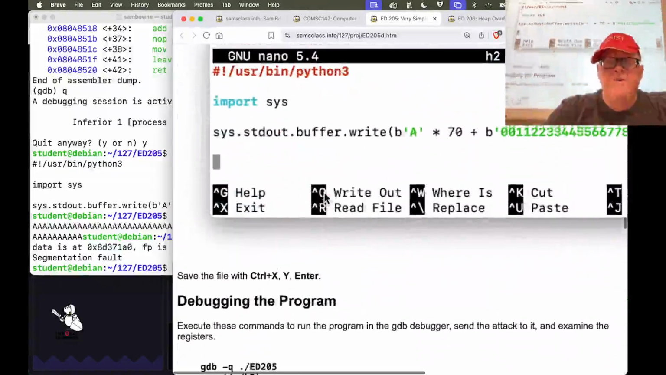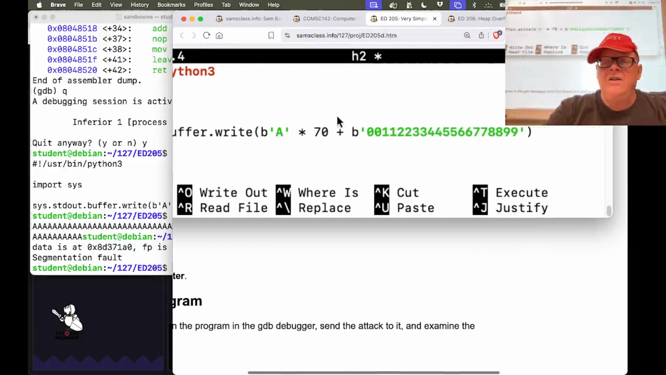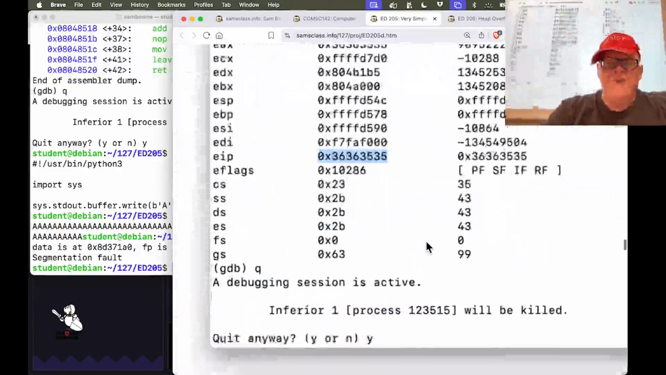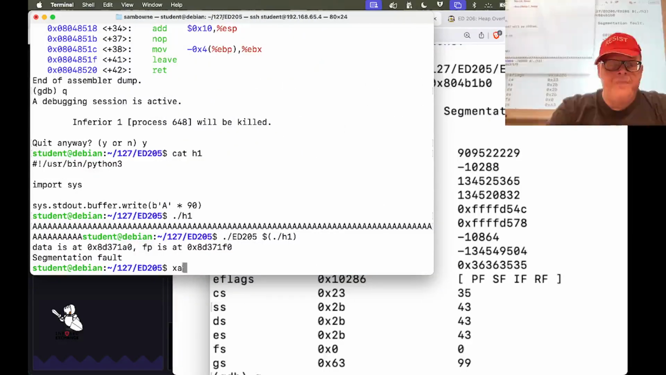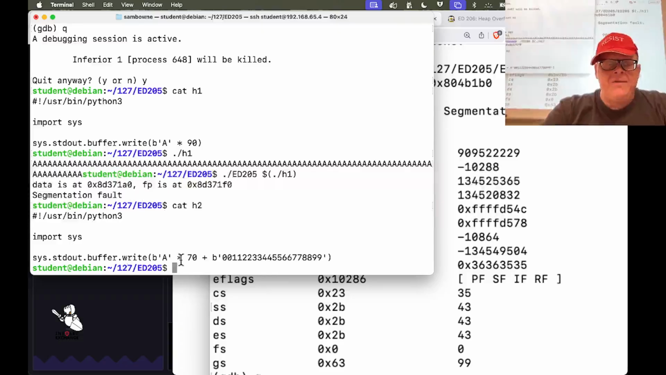So what you do is replace, you have 70 characters. I don't know if 64 would be okay, probably 70 is okay. Then I put in a non-repeating string at the end. And when you run that one, you're going to get it crashing and see where it goes. Let's just do that. Let's cat H2. So here it is, 70 A's followed by 0, 0, 1, 1, 2, 2, 3, 3, and so on, a 20-character string. So if I go into the debugger again,